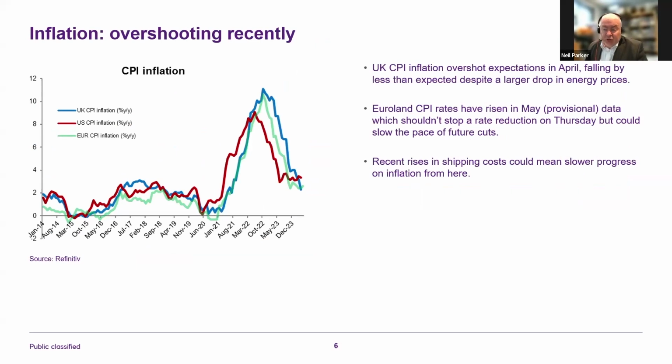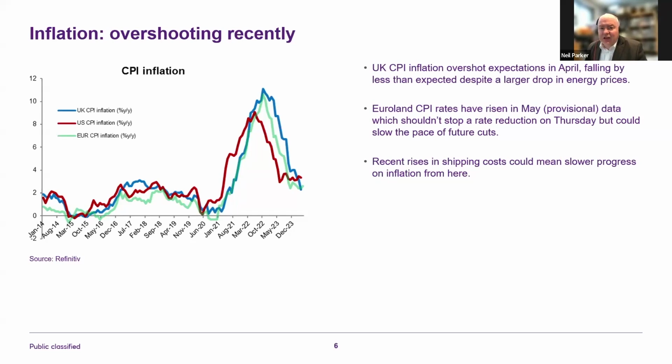A big fall in UK headline inflation, much less of a fall in the core inflation measure for the UK, and a virtual stagnation in progress as far as the services inflation figure is concerned for the UK, which is one element that has been raised repeatedly by the Bank of England as reason for them to hold back from reducing interest rates. So inflation rates are still overshooting, but in the UK, in Euroland, and also in the US,